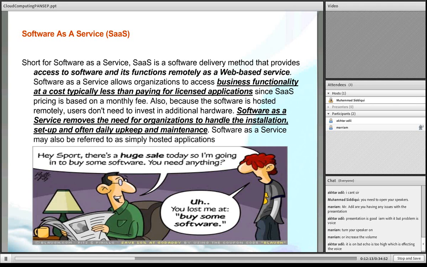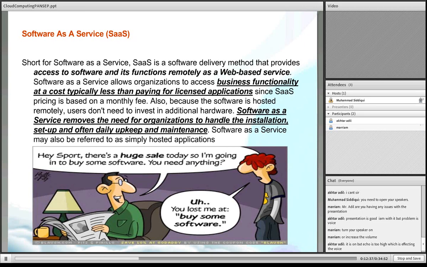I don't need people to manage my sales software. I don't need hardware to run my software. All that money I save. So that is software as a service. Usually my overall cost is less than having that whole software installed in my company.